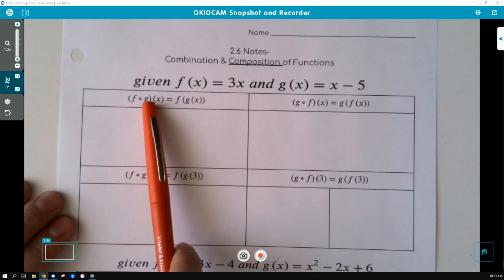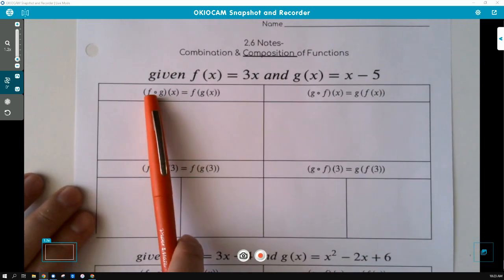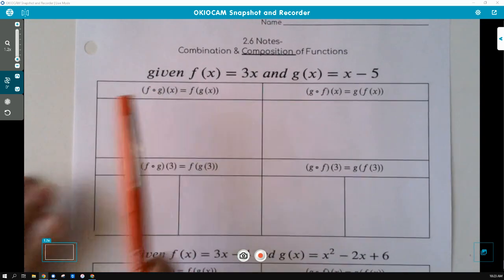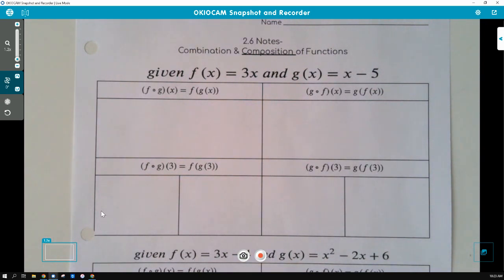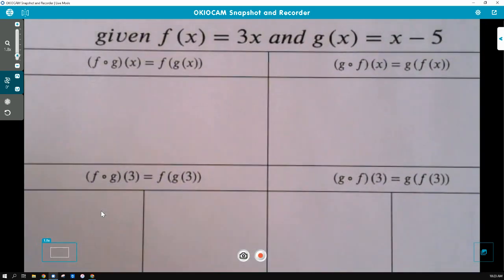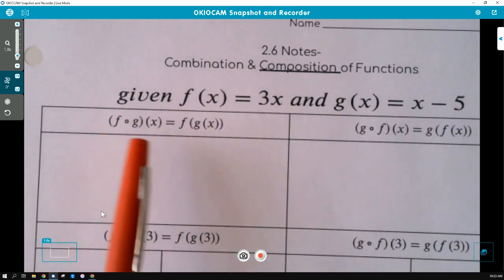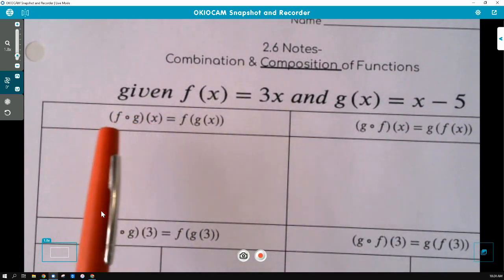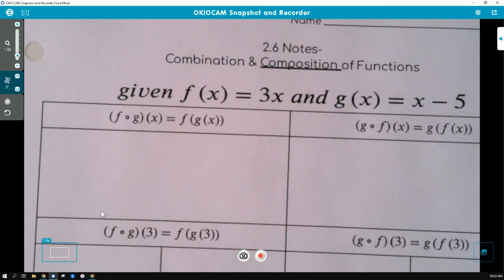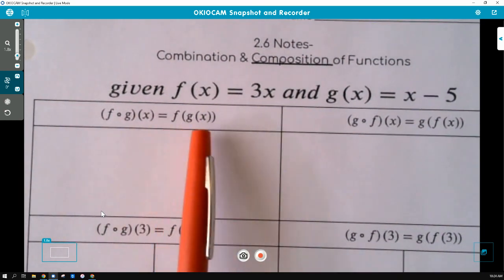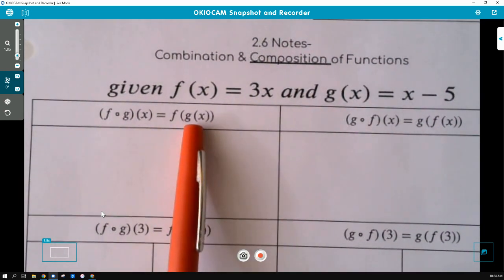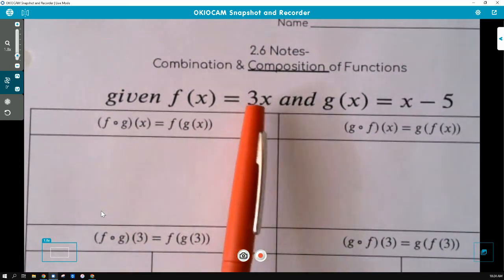So f of g of x, so this right here, that f little circle g, that's not a multiplication sign. See how it's open inside? It's not just a dot. See how you can see air through there? So that means f of g of x. And if you read it, you would read it as f of g of x. F of g of x means you are going to plug g of x in for x in your function